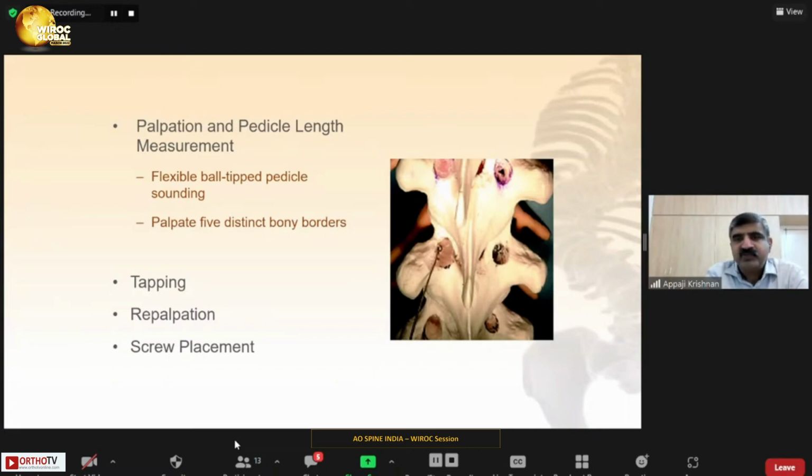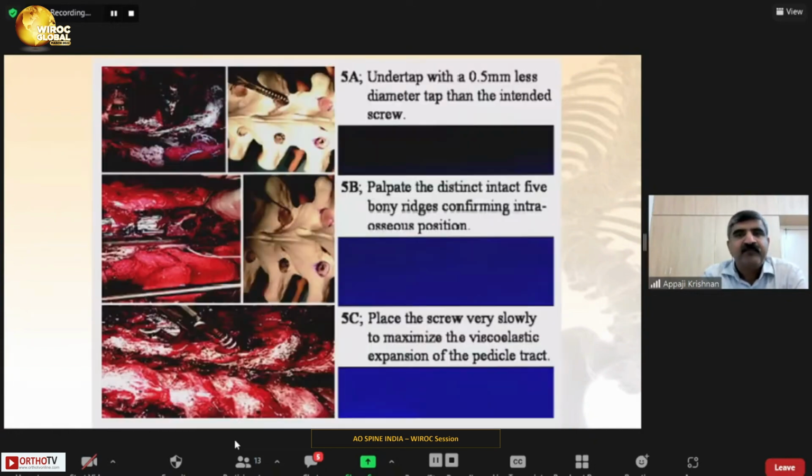I usually use a smaller tap if I'm putting a 5.5 or a 6.5. I usually use a 4.5 tap and then insert a screw. Once you tap, it is easier. You can actually repalpate using the same tip, the flexible pedicle probes, and then you do the screw dropping. This can prevent inadvertent penetration of the medial wall, as this is a freehand technique, and medial penetration is more dangerous